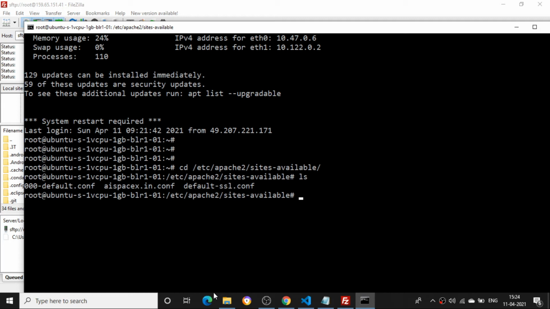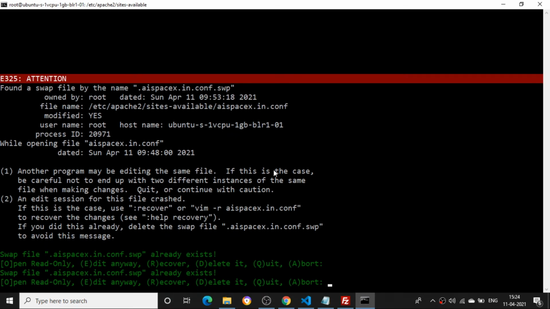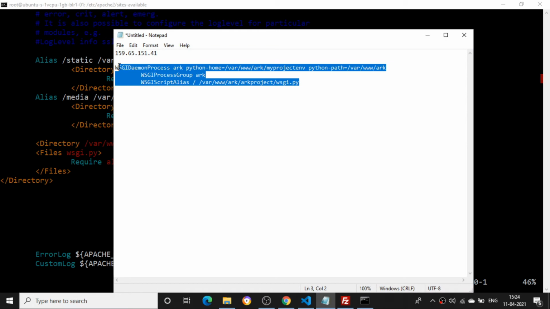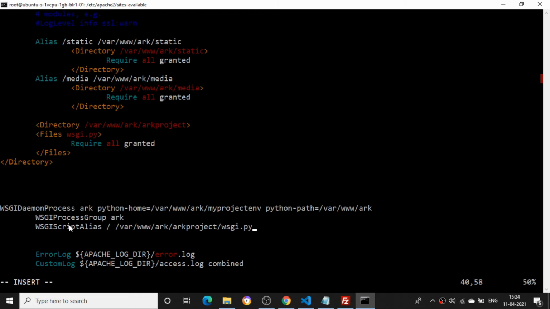I have the file here. I'll just see whether it has saved or not. vim, the file name. I'll just enter. It is telling me something has happened. I'll open it, since I want to edit it, so I'll press E here. Here I had added the piece of code that I had copied. I'll paste it again because it was not saved, and I had copied it at that time. I'll press I for insert mode and right click. After I right click, all the daemon process is activated here. You can see it is activated.